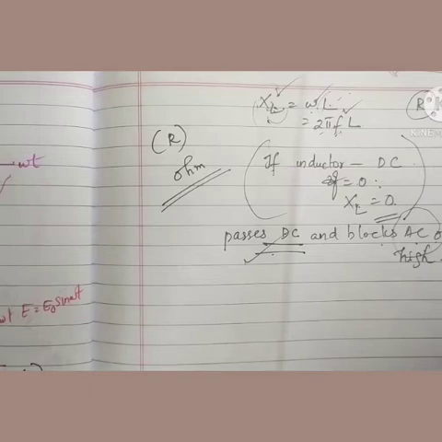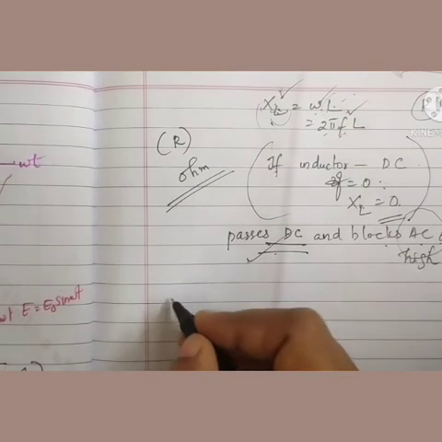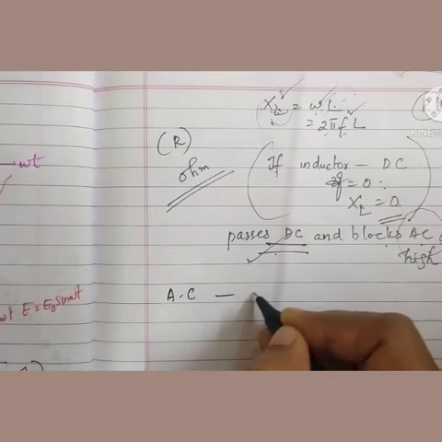inductive circuit. Now we are moving to the capacitive circuit, that means AC through a capacitor. If it is a purely capacitive circuit, what will be the values for current, what is the phase difference between current and EMF, then the phasor diagram, wave pattern, etc. we want to discuss. So we'll move to the AC circuit containing a capacitor.